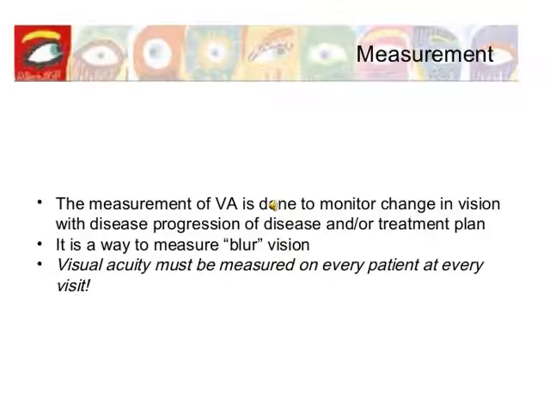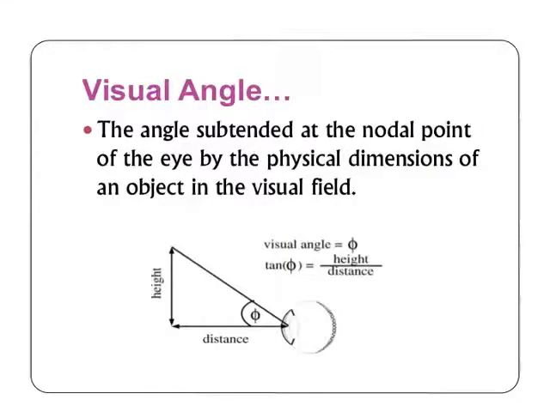Measurement of visual acuity is a routinely done test. It is done by the optometrist. It is like when you go and check your power of the eye. That is it. So why do we require it? We need to know if there is any disease, or the progression of the disease, or the treatment plan. Visual acuity is tested for both far vision or distant vision and near vision.